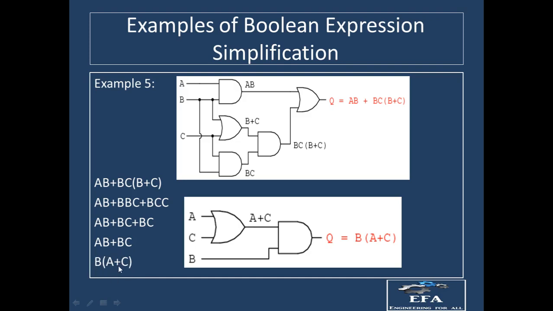Now you can see that only two gates are required, one OR gate and one AND gate, right? This type of expression is a POS type of expression. We will discuss this in the next lecture, what POS and SOP are. Whenever we are having a POS type of expression, first of all we have to draw the OR gate, and then we will implement the AND gate, right? So you can see over here we have A plus C. From the OR gate we are passing A and C, so we will be having A plus C over here, and over here we are having the AND gate through which A plus C is passing and B is passing. So ultimately we are having Q equal to B into A plus C, right?